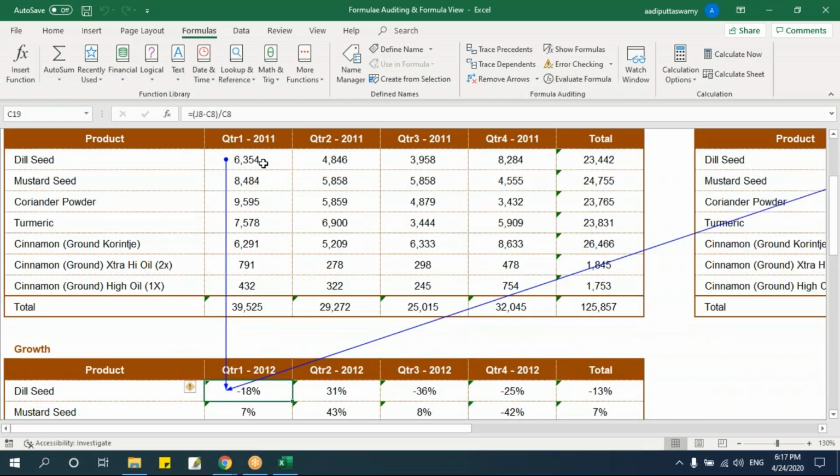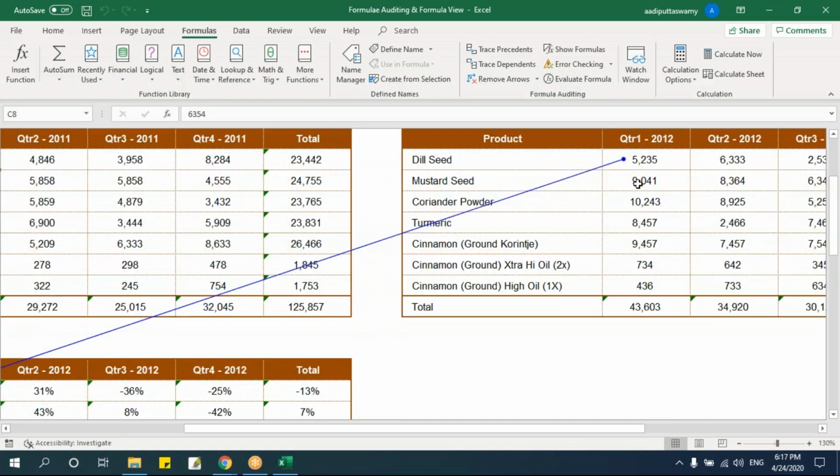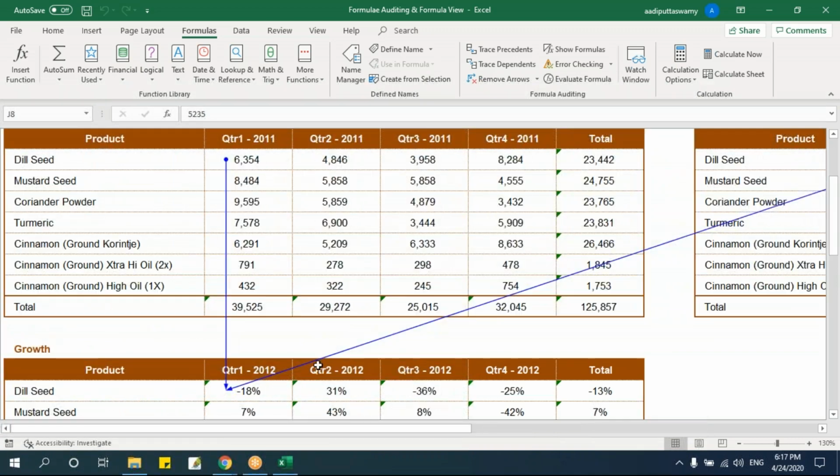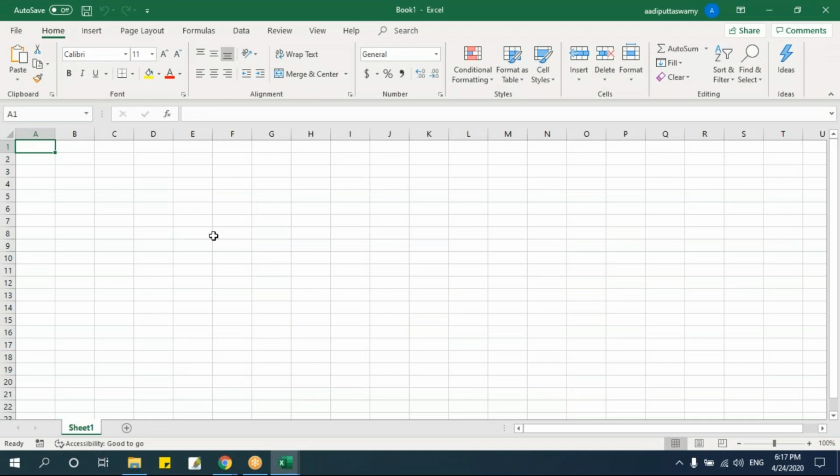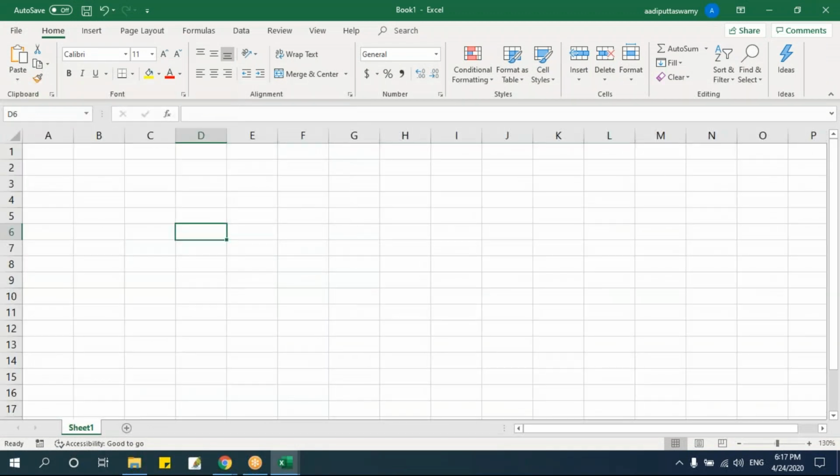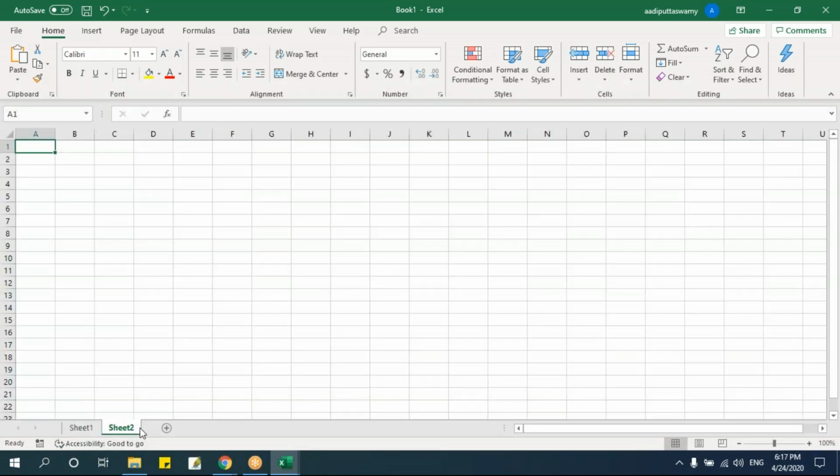Let's go on top. See, I have a dot and it is pointing there. That means I'm using this cell. Let's go here. See, it is pointing this. Fine. That means whatever cells I'm using, so it will just point here like this. Let me take one more example. Let's say I'll take a new sheet itself. Let me type some value. And here I'll do it in a different sheet.